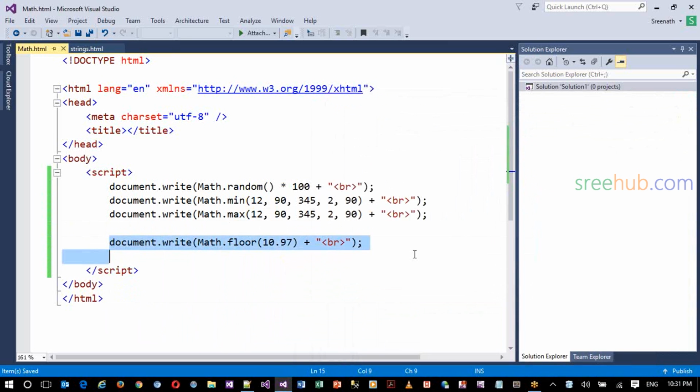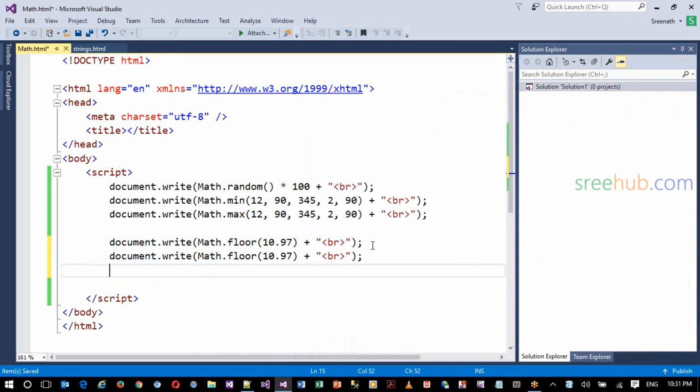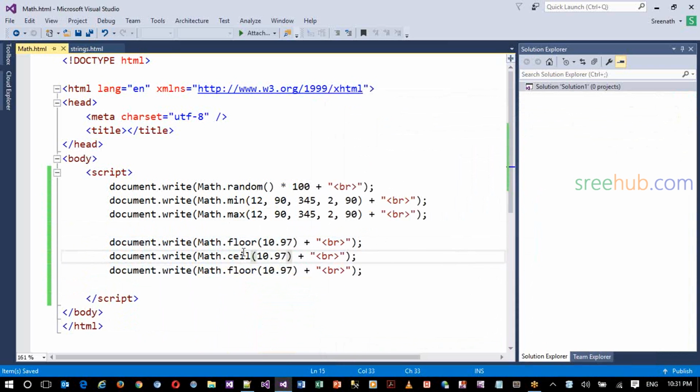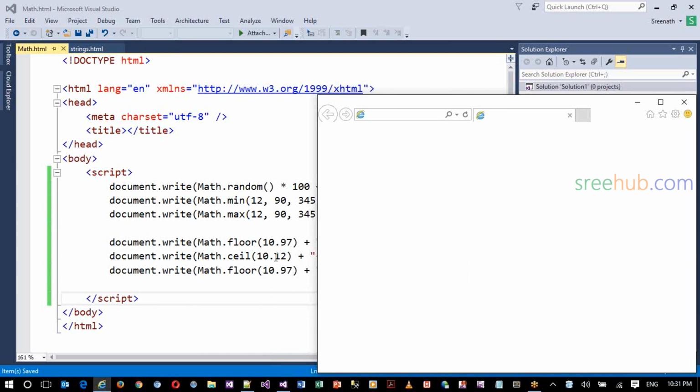Similarly, we have three different methods. One floor, and second one is ceil. Ceil meaning it will actually give the next possible value, right? So even if it is, for instance, I'm going to take 10.2, for instance. 10.2 meaning it is less than dot 5, so even then you can see here the ceil will give you 11,